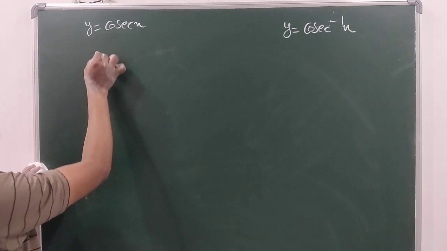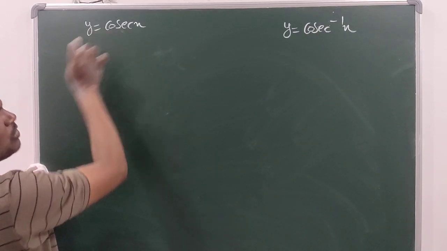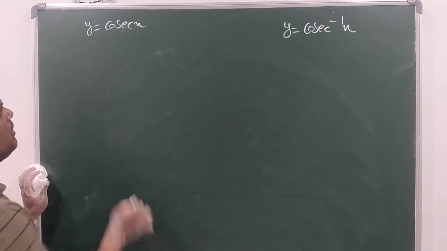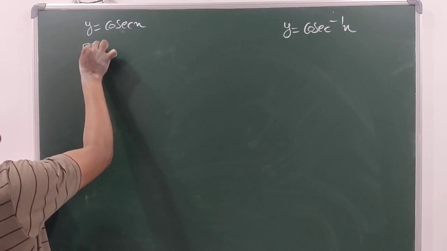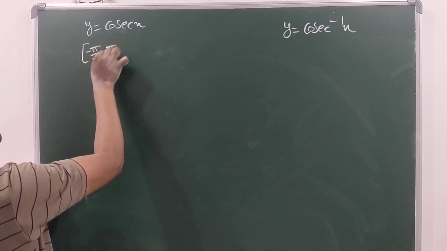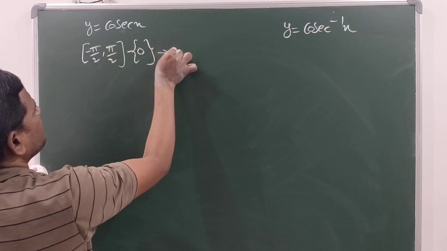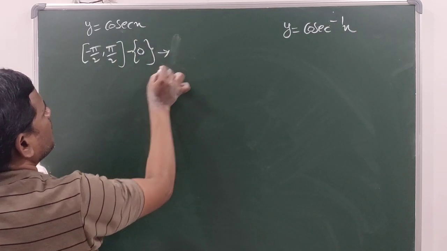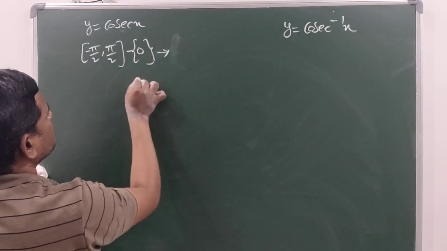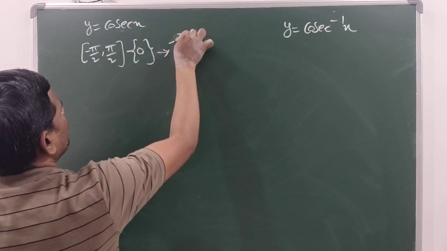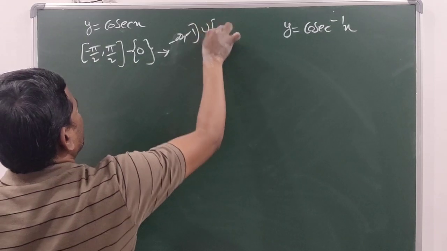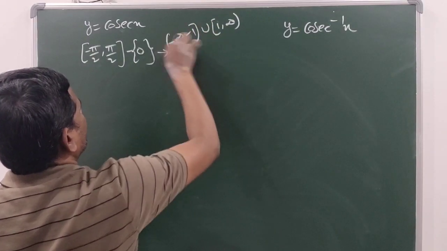Now the domain is, so for cosec x the principal domain we want is the closed interval of minus pi by 2 to pi by 2, but 0 must be subtracted. And whereas the range for cosec inverse of x is